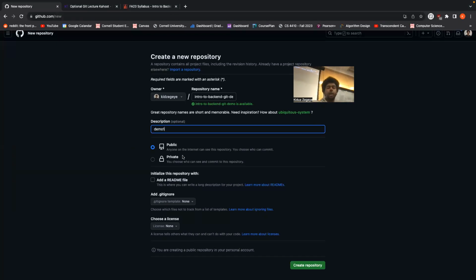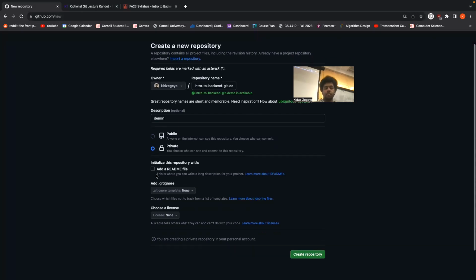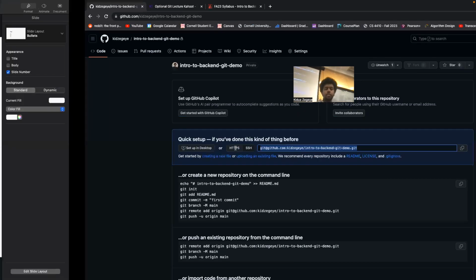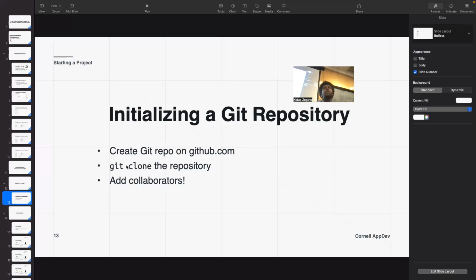You can make it public or private. I'll make it private. You can add a README, add a gitignore, all sorts of options. When you click create, it'll make an empty repository on GitHub. The next step is to put this online repository onto your local computer. To do this, you can copy the link it gives you, and then type in git clone